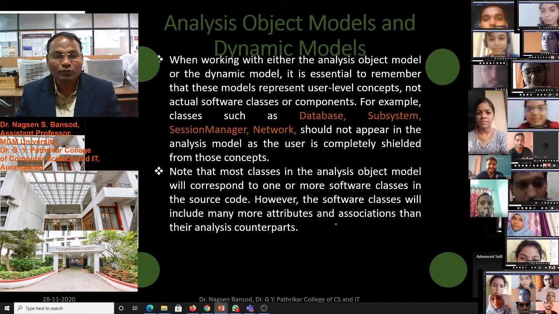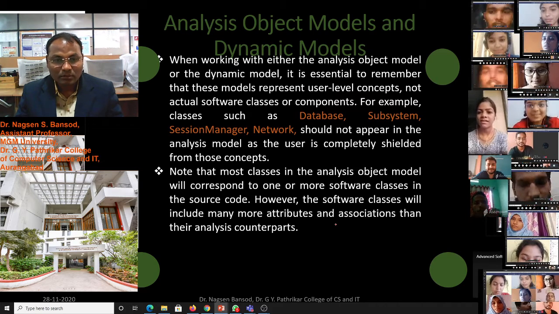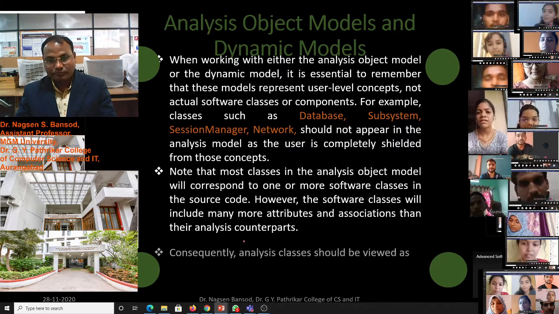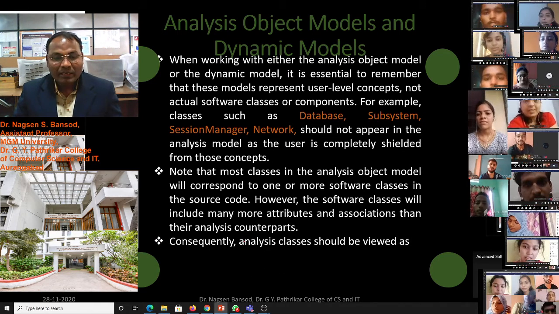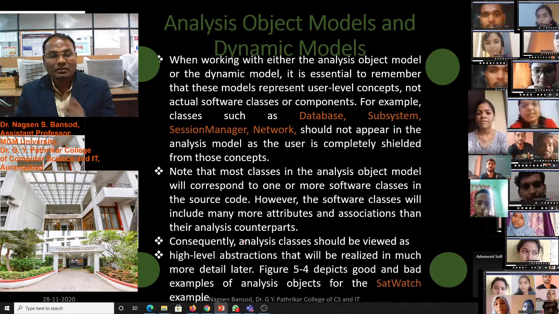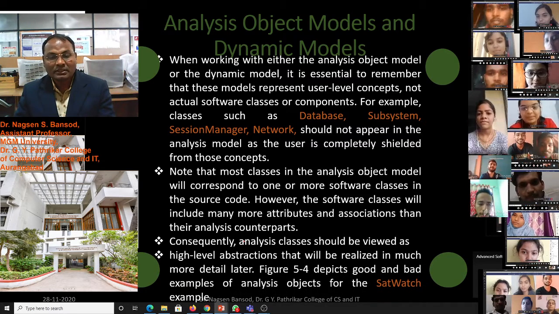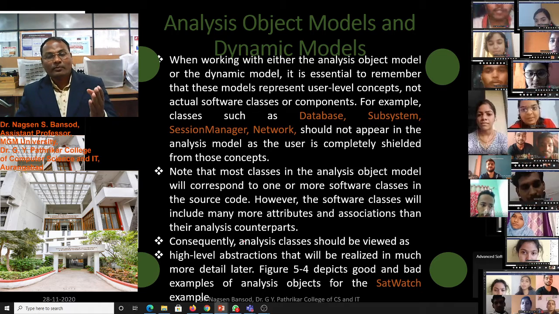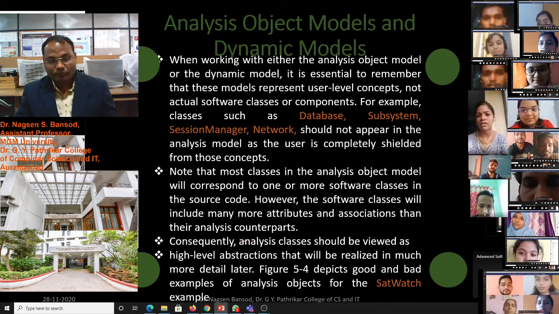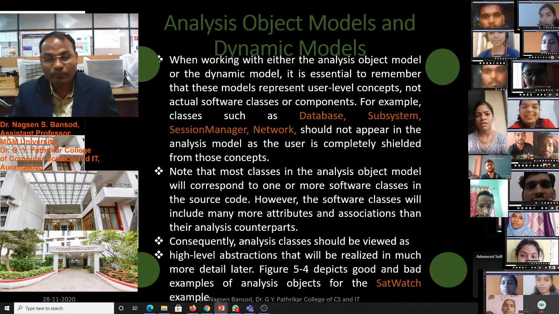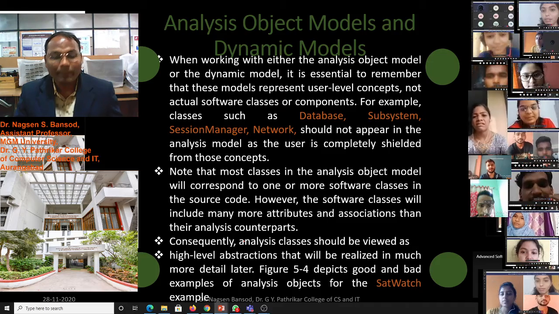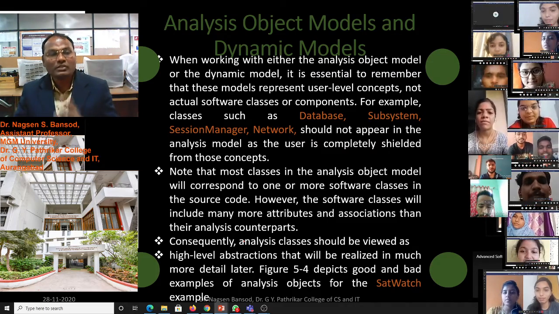Consequently, the analysis classes should be viewed as higher level abstractions that will be realized in much more detail later, which is shown in Figure 5.4, good and bad examples of analysis objects for the SatWatch example.